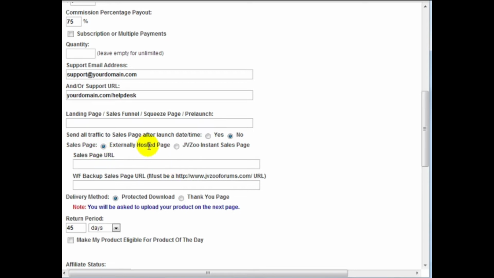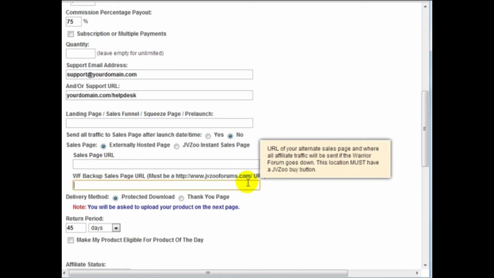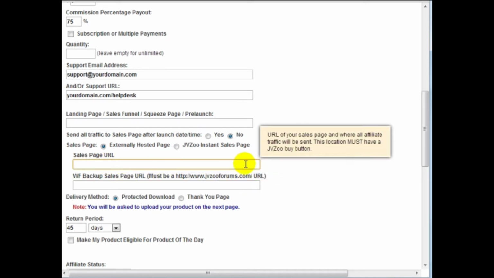And remember, for the sales page, if your sales page is on the warriorforum.com, then you can enter this here in a backup URL here. So if the warriorforum.com is your sales page URL here, enter that here, and then the backups here. But if you're like me, where you're not using the Warrior Forum, simply enter the sales page URL here. So in this case,